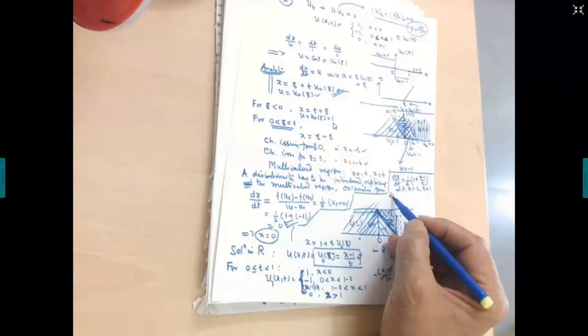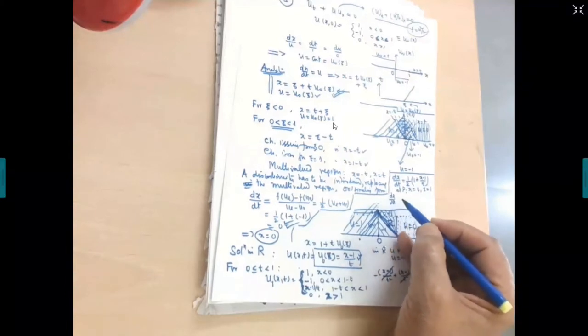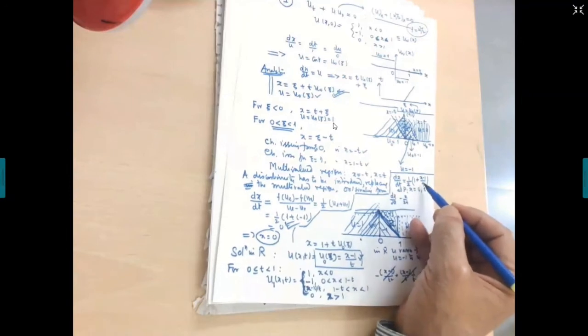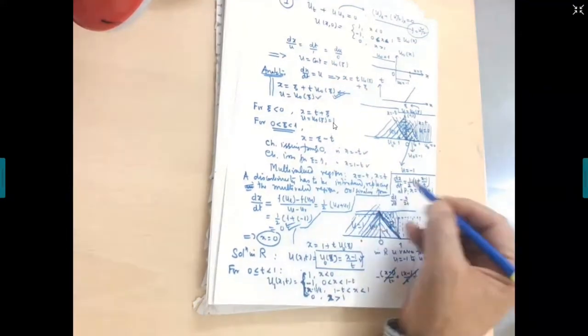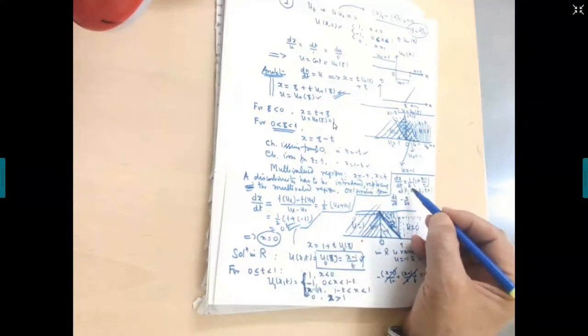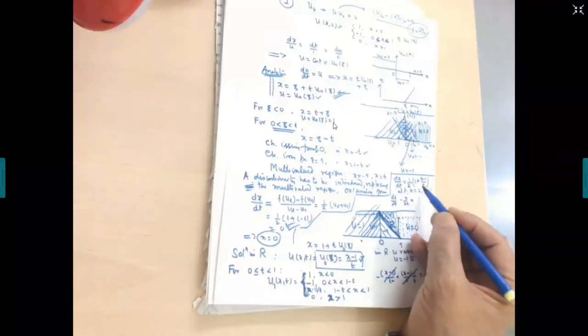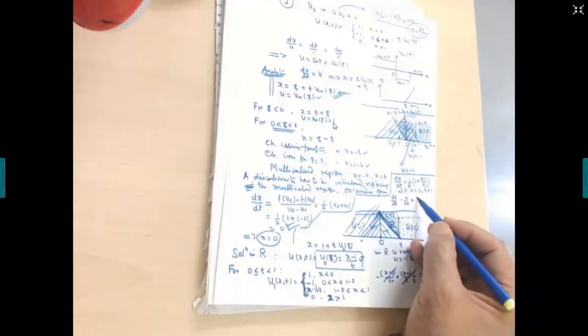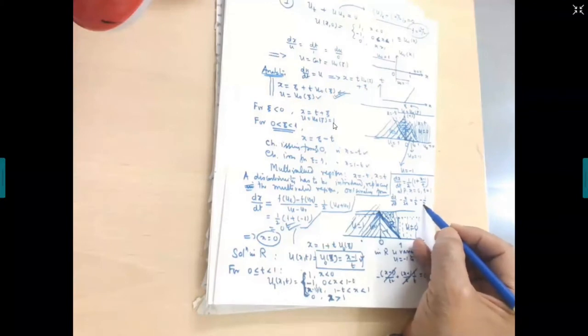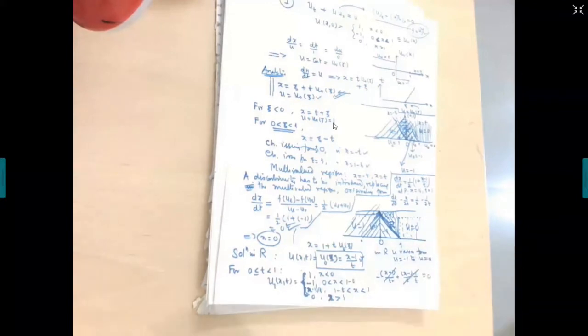You can write dx/dt minus x by 2t, am I right? This term x upon 2t I have transposed to the left. On the right it is half minus 1 upon 2t. Please check, is whatever I have written correct?